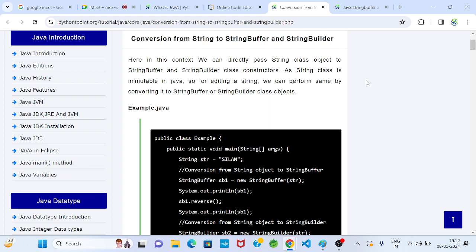Okay, so then we will go to the next point: conversion from string to string buffer and string builder. This is the material, the document I have written. So, conversion from string to string buffer and string builder. That means